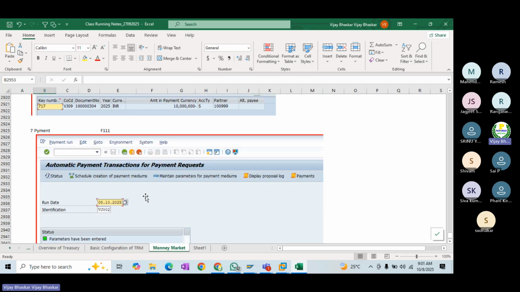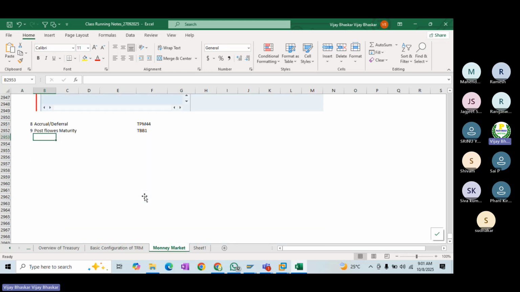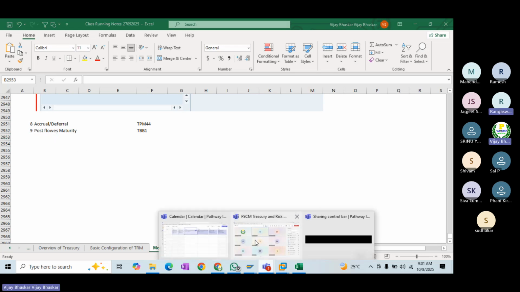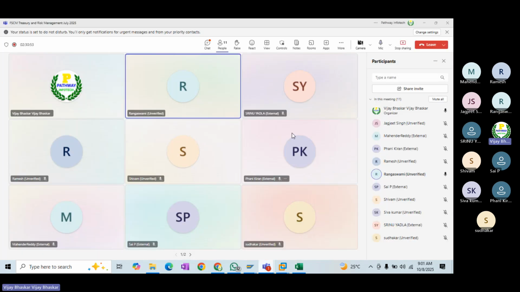How the workflow is configured, and what steps are required for the workflow approval. Tomorrow, if there are no queries, just for your information, tomorrow, I think